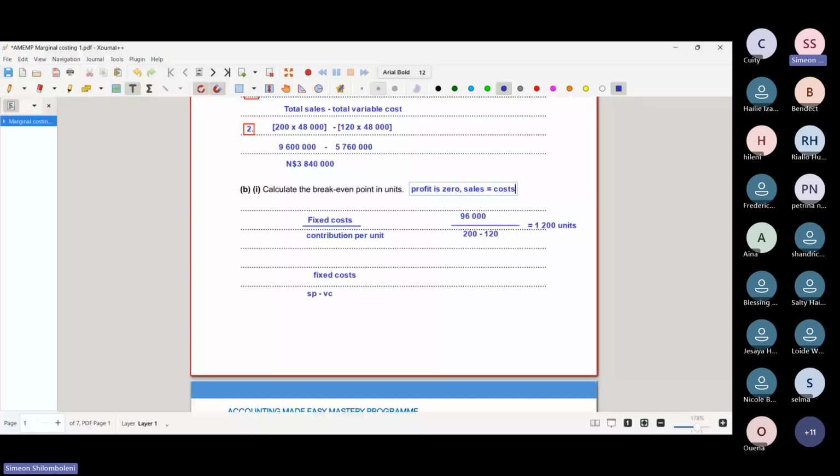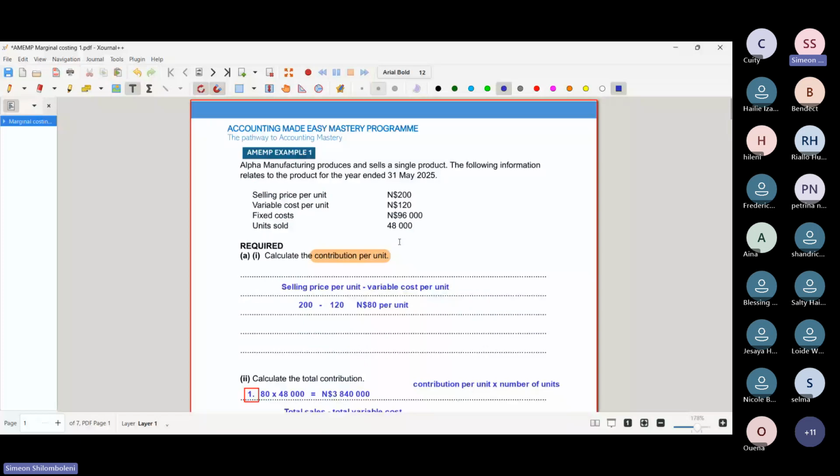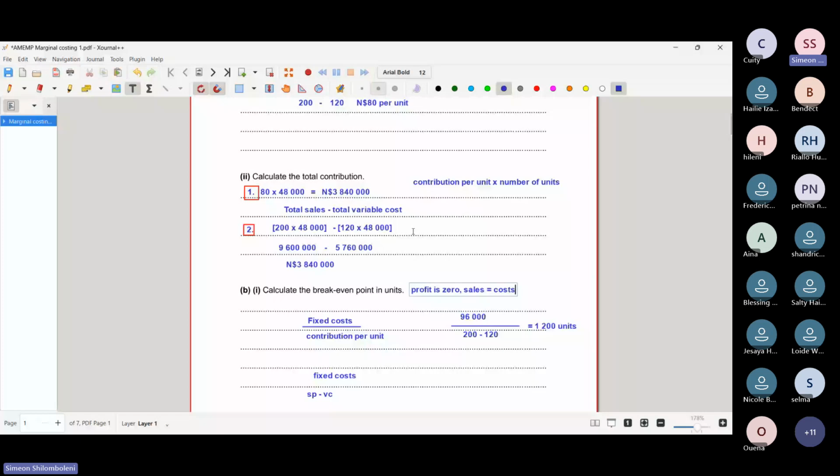So according to this business, which is selling 48,000 units, if they sell only 10 units, they'll make a loss. If they sell 100 units, they are making a loss. If they sell 1,000 units, they are making a loss. But if they sell 1,200 units, their profit is 0. Any production above this, the moment they sell 1,201, they will start making profit, and they will keep on making profit until they get to